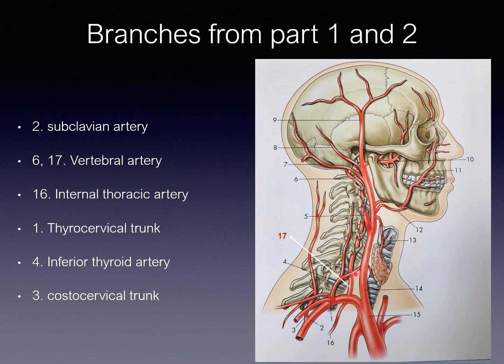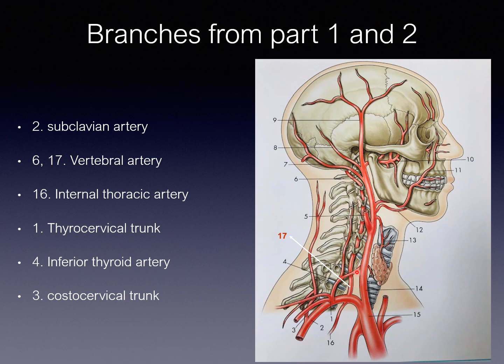But it will not enter into the foramen transversarium of the 7th cervical vertebra. The foramen transversarium is an opening or a hole which is present in the transverse process of the cervical vertebra. See how nicely it is going inside. That is called the vertebral artery. So this is part 1 of the vertebral artery before entering into the foramen. This inside the foramen is part 2. Part 3 is in the suboccipital triangle. Part 4 is inside the cranial cavity. So this is about the vertebral artery.